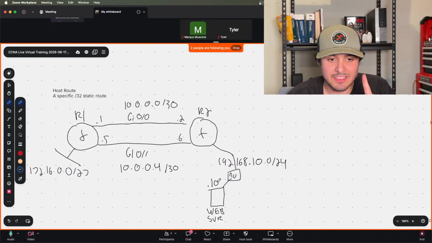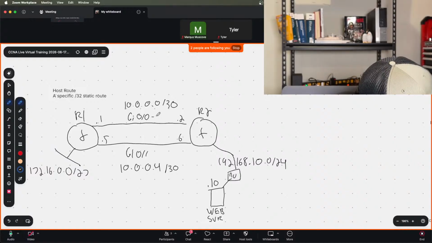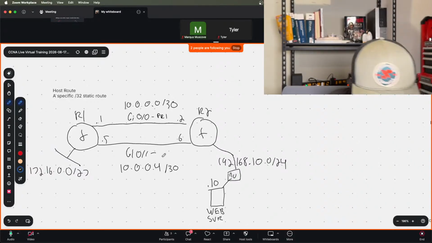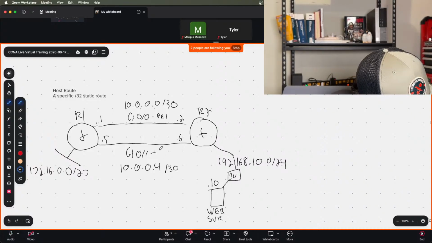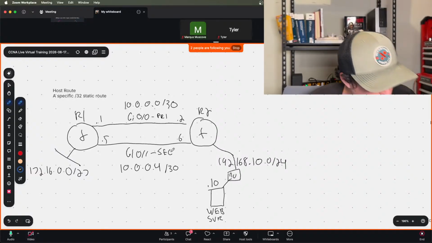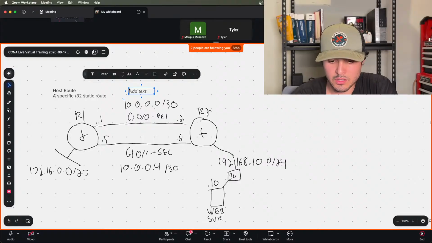Okay, now check this out. We want this to be our primary. We want this to just be our backup or secondary, however they may label it on the exam, okay? We'll say secondary. And the question is, here's what we're going to ask ourselves. We want,